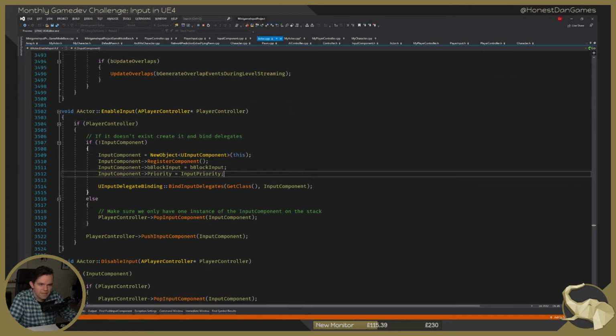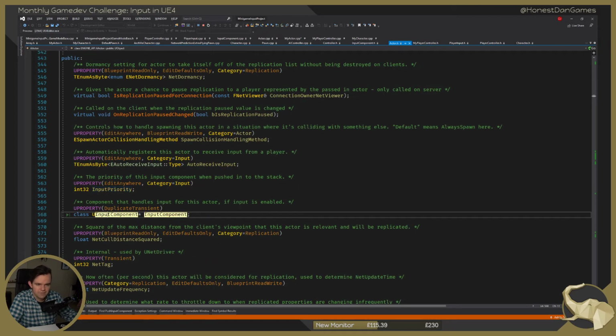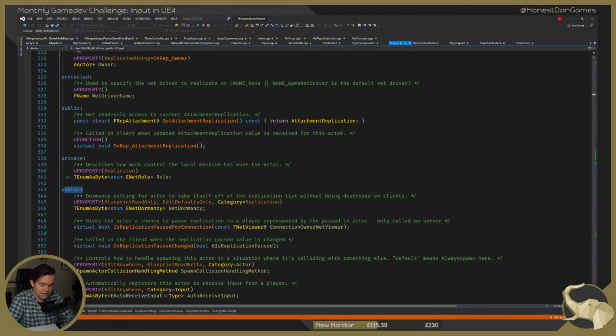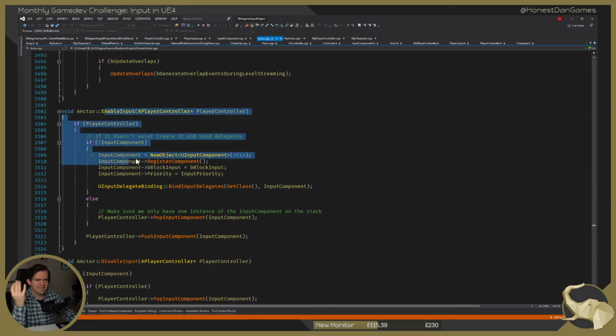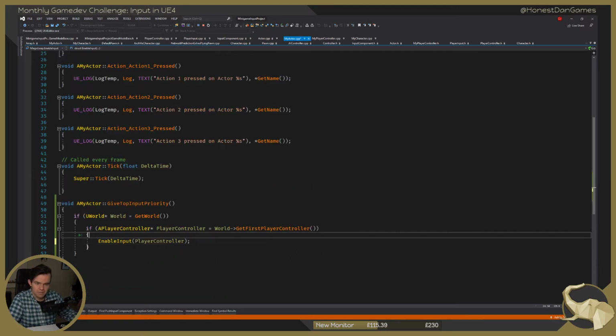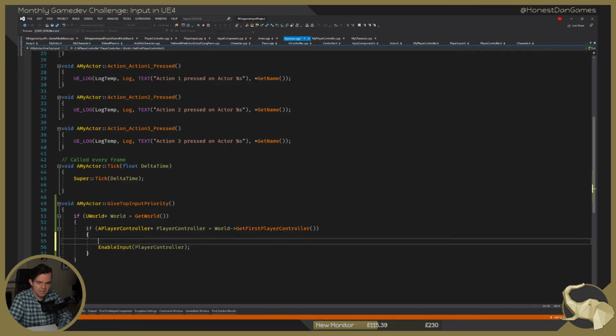So input priority, how does this input priority get set? Is this publicly exposed? Edit anywhere. Priority when we push into the stack is public. Okay, great, so we can do it. What I was concerned about is that at this point the input component may not exist, so we can't set it if it doesn't exist yet. It gets created within enable input if it's not already made. However, it does seem that we could, before doing it, set the input priority